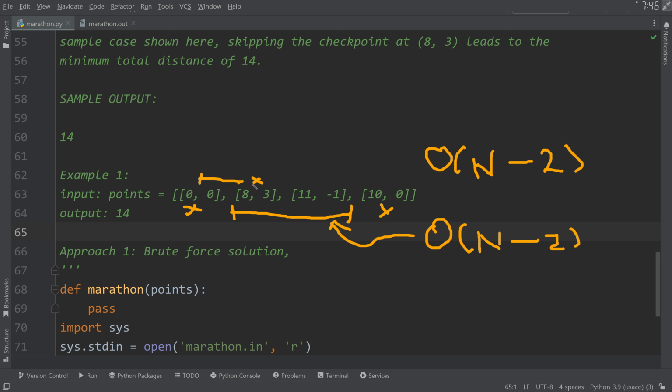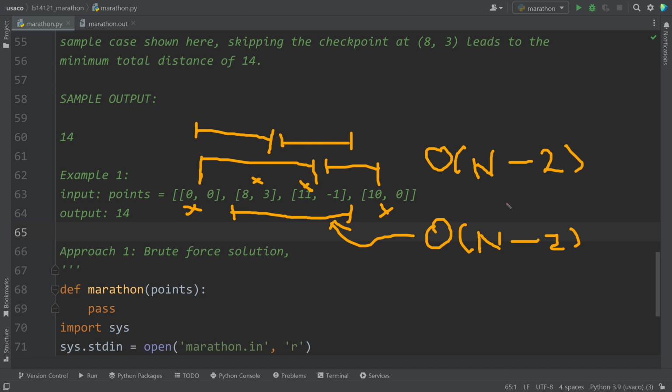Okay, let's skip this one. Here to here, and here to here. So for 4, it is 2. Does this make sense? If this one is skipped, also you take 1, 2. And then each time to calculate this value, each time we needed to calculate this one too. So this one must be multiplied. So final time complexity is